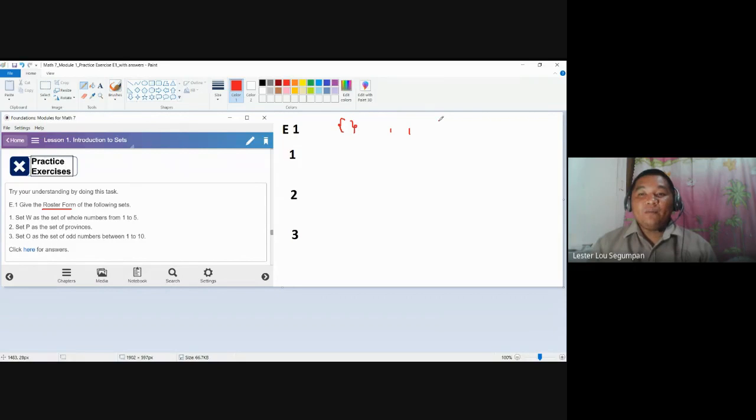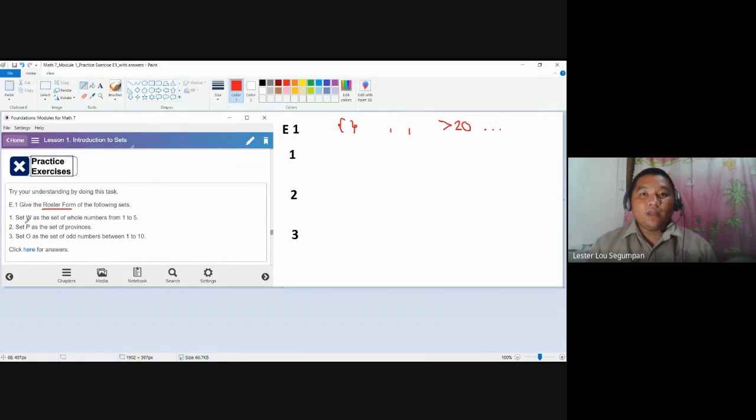If we have more than 20 elements, regardless of whether they are finite or infinite, because you cannot write all of them, or you could write all of them but it will take a tedious amount of time, you may use the ellipsis. The three dots symbol, we call ellipsis, meaning many more. And we are also advised to use the notations or labels for sets.